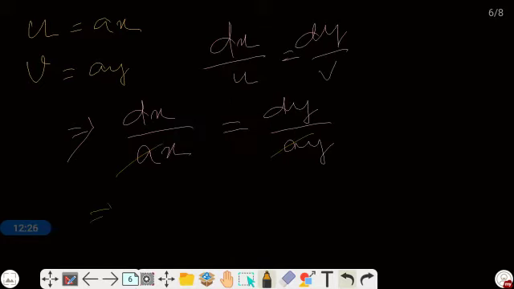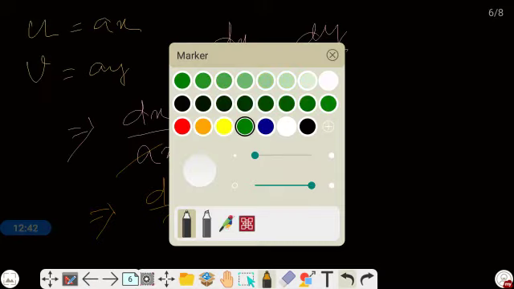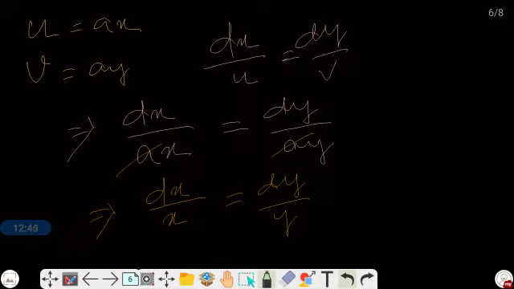Then our equation becomes dx by x is equal to dy by y. Yes or no? Yes. If we integrate both the sides, then it will come